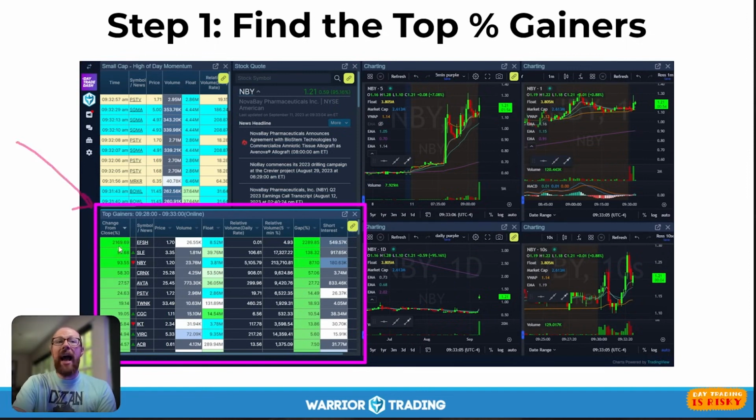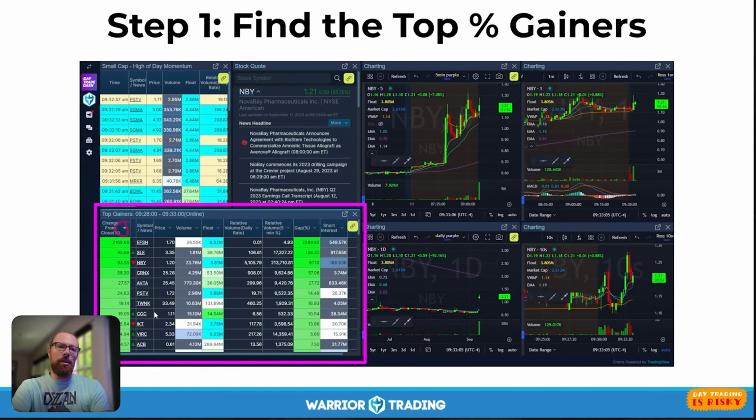So this is showing me the actual leading percentage gainer in the entire market on this particular day. And you can see here, we've got a number of stocks that are up a lot: 95%, 93%, 58%, 27%. So these are the type of stocks that we're interested in. So step 1 is just looking at the scan. Now, what you'll notice when I look at this scan is I sort it by the percentage of the gap. So I'm looking at the leading gappers first.